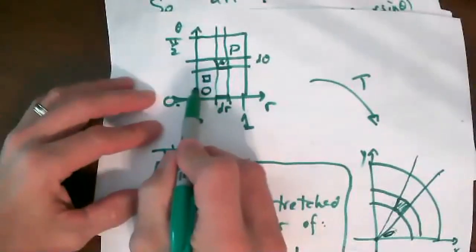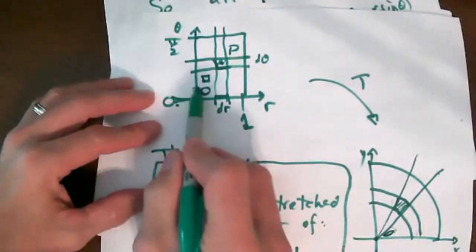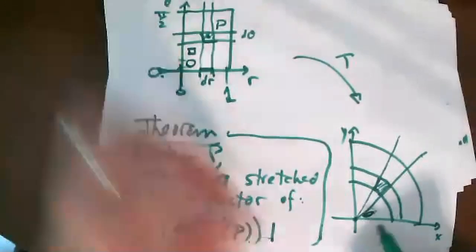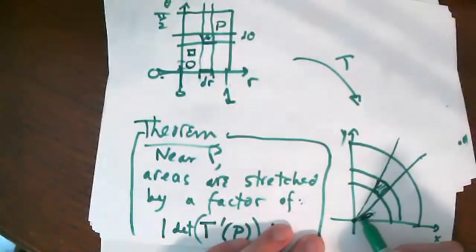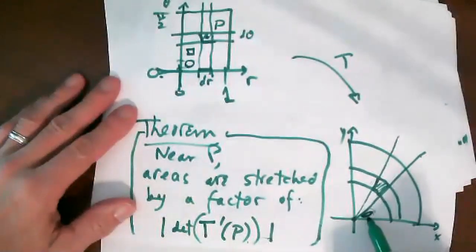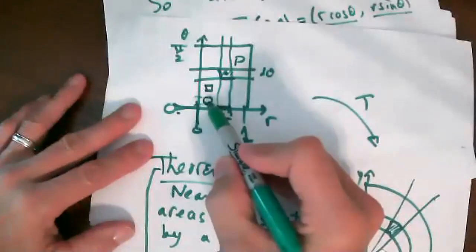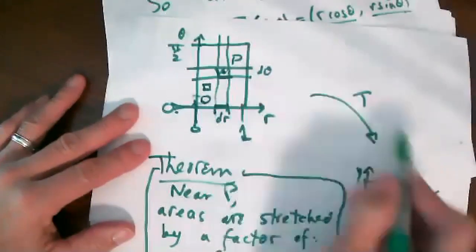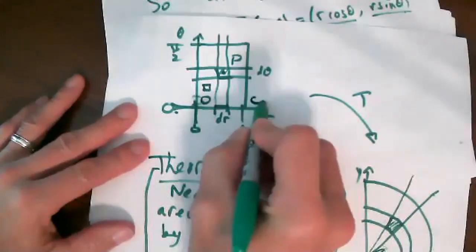On the other hand, the theta coordinates are a small distance apart over here, but when you do the squishing on the left side of the picture, you don't get much room for variation in the theta sense. You don't change the angles too much. So it's a very squished little picture here. And sure enough, the area of this figure is going to be a lot less than the area of that figure. If, on the other hand, I had applied this transformation to a circle that was over here,